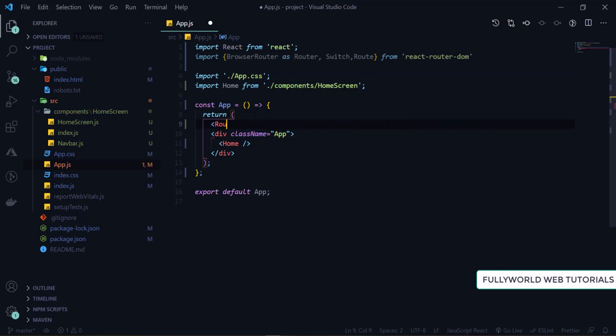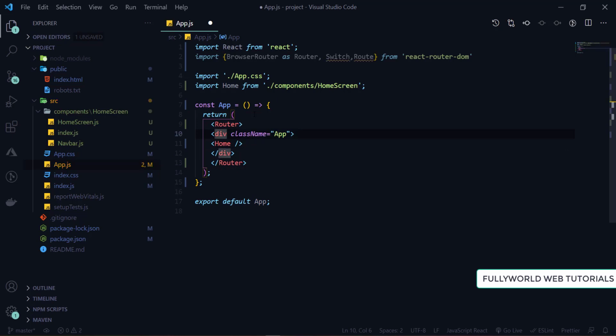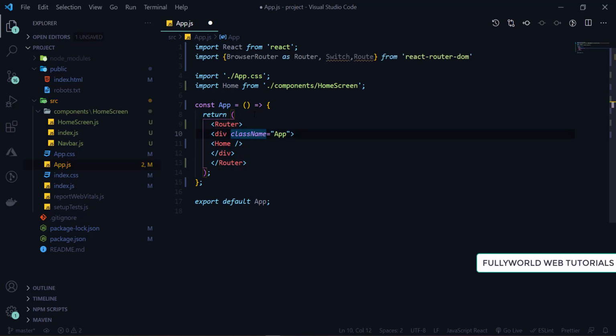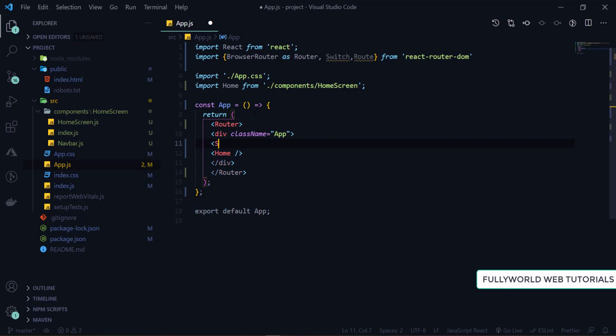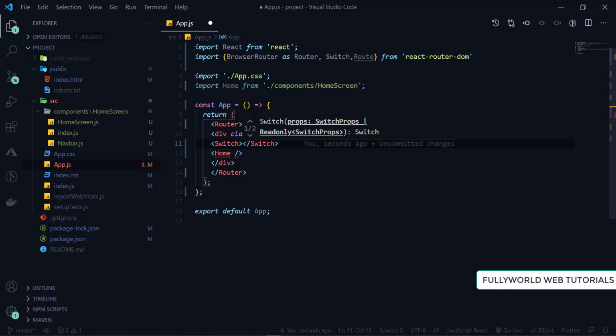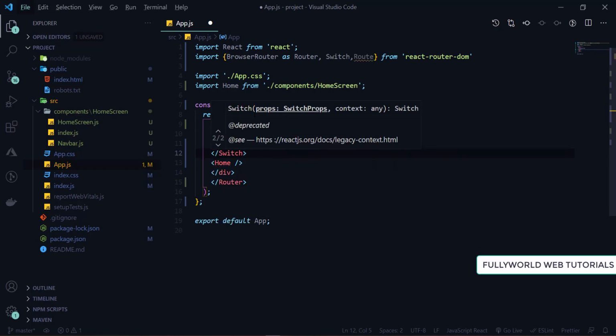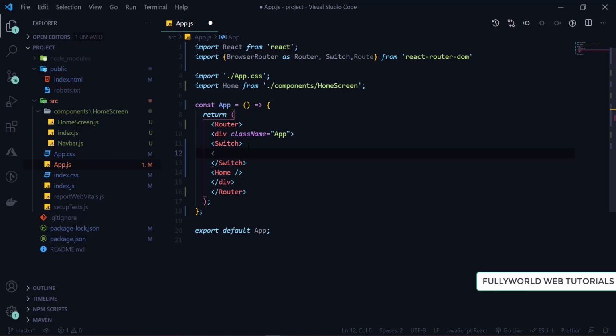So here I'm going to apply our Router. First the Router will be at the bottom, and after that we want our Switch. So here I'm going to write Switch, and then under the Switch there will be our routes.